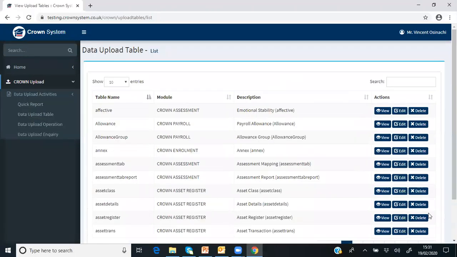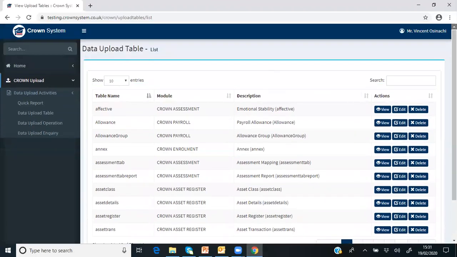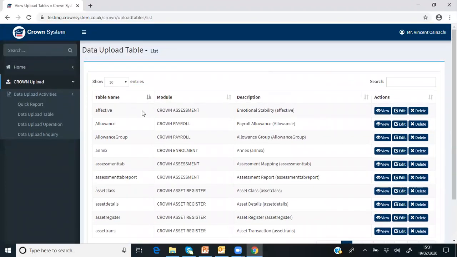Look at the ones that were created in the system. They will be created for you, so you don't have any business here. For the purpose of having this knowledge, that's the reason I want to show you this. It's already created in the system. So this is the quick reports where you will report across the Crown